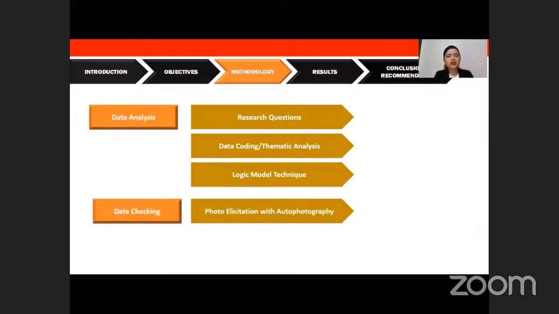The researcher likewise used photo elicitation with auto photography during the conduct of the observation, just to create a complete picture of how the service culture in fire prevention and risk reduction in the city is being implemented. The photo elicitation and auto photography were utilized as data checking tools just to harmonize the statements authored by the participants versus acts or conducts in the actual execution or implementation of the project's programs and activities in the field